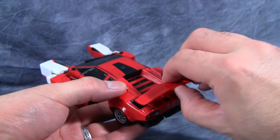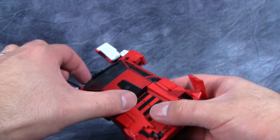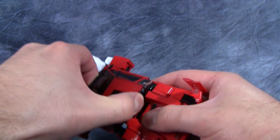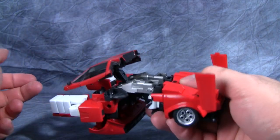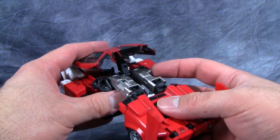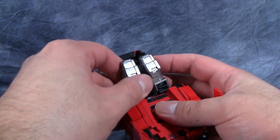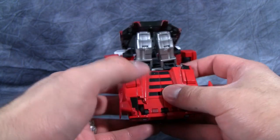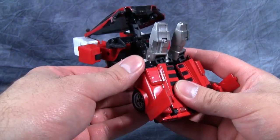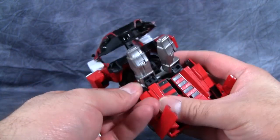Next, we will unpeg the spoiler and fold that out, and then take the entire roof of the vehicle mode and unpeg it from the body and fold it up and forward like that. Next, we'll reach under here and pull out these silver pieces like this, fold them up, split the back open like that,